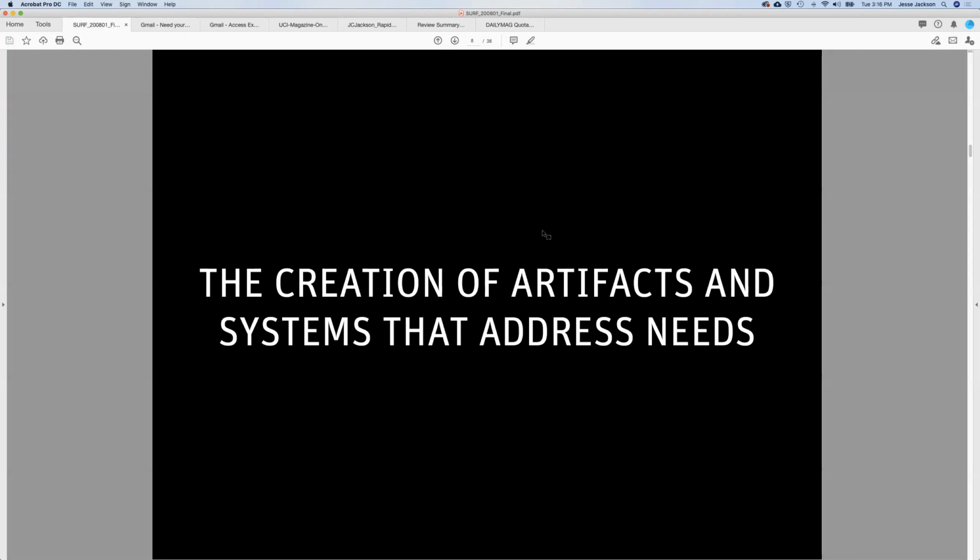In the 21st century, designers are often called to do something other than create an artifact. They're asked to create a system. And this is maybe how this connects to the Internet of Things most directly. We're no longer in a universe of discrete artifacts. We're in a universe of interconnected artifacts, whether they're physical or virtual. Things like user experience design, where the designer is in fact designing no artifact, but designing a way of interfacing with a computer at the front end and the back end, would be a good example of that professionally. And then